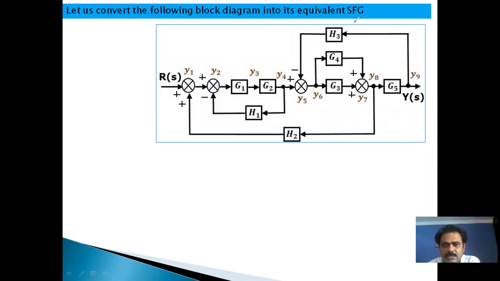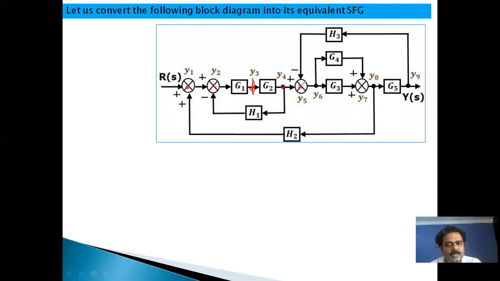So here if we observe, this is a junction where the signals are meeting. Here one more junction, again signals are meeting at this point. In between these two, we have to consider a junction, where the two blocks are connected at this point. That's why we have to represent this with a node. Similarly, here there is an incoming signal, an outgoing signal, and one more outgoing signal. Again, this can also be considered as a node.